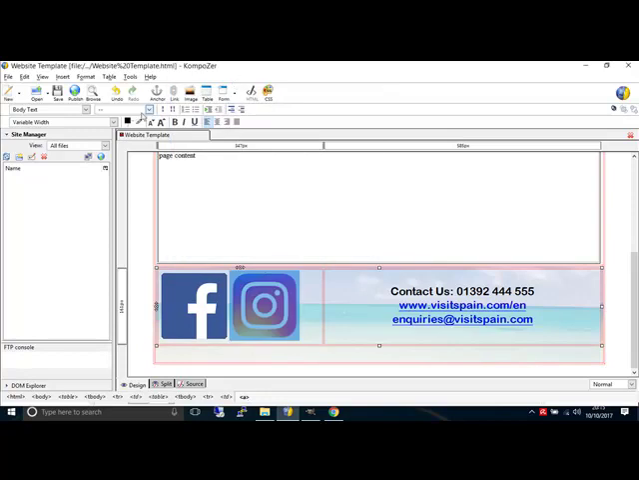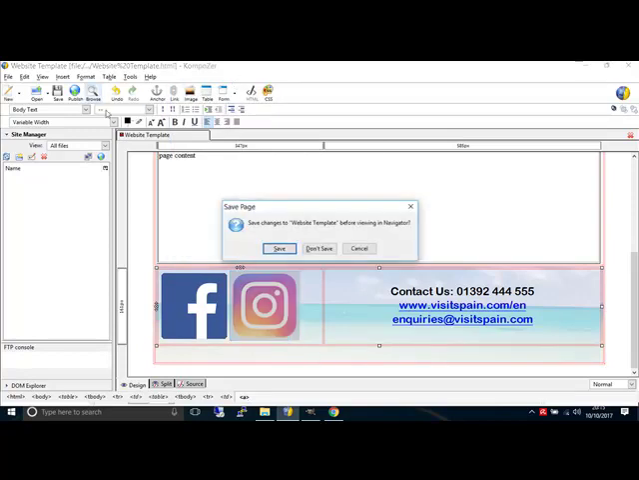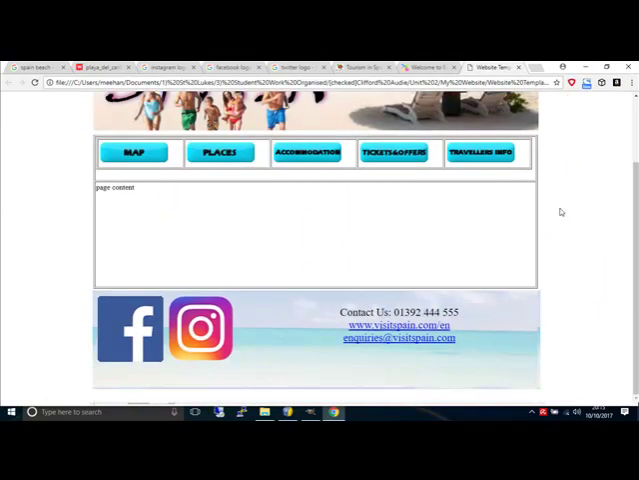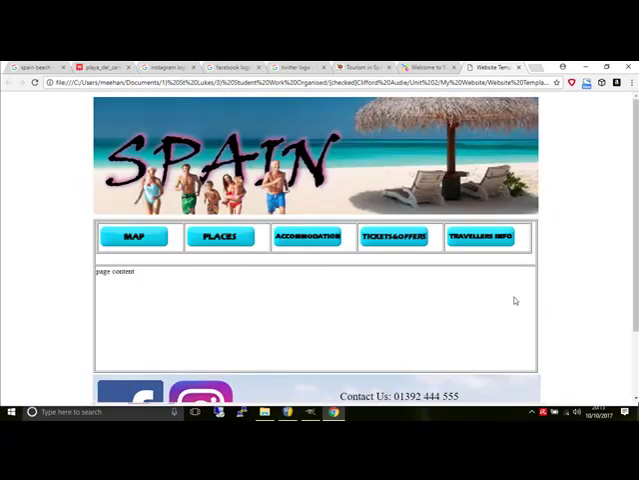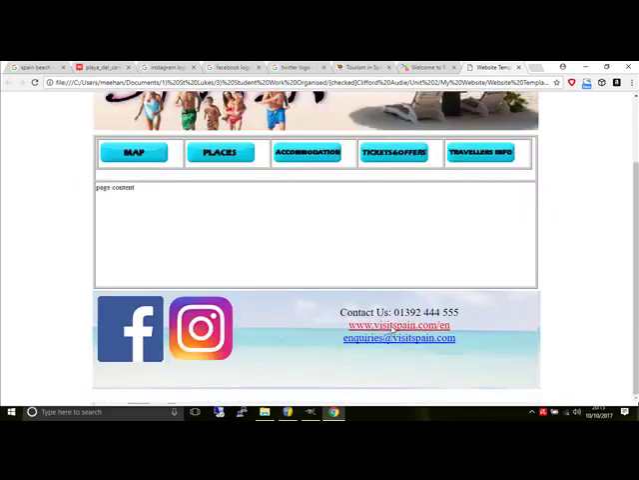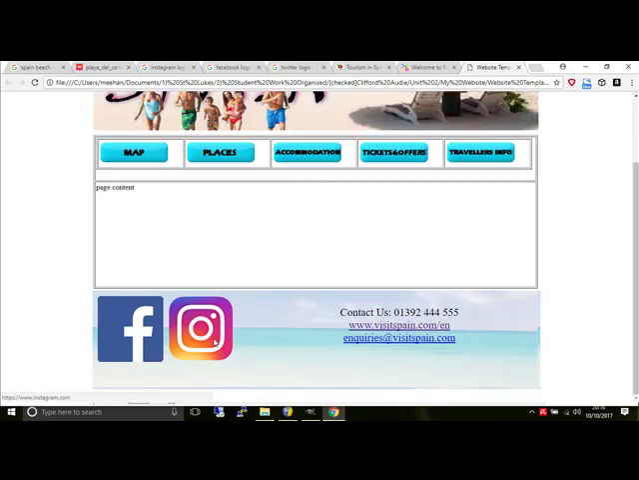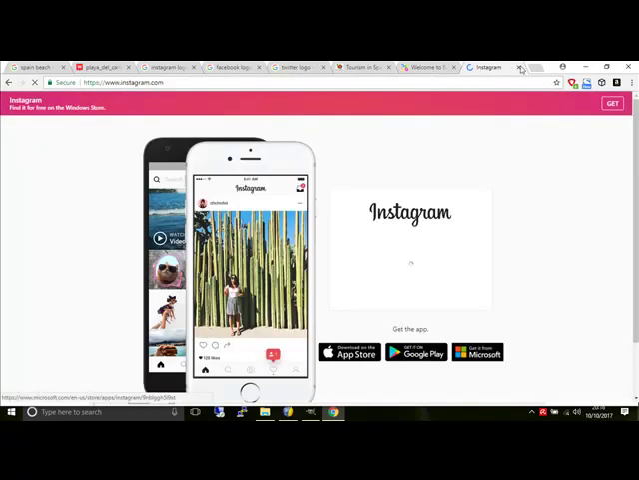And if I just, let's have a look, browse, save. So there's the links, and I've got to shrink the size of that a bit, but that's your footer section then. Is it a real website? Let's find out. No, it doesn't like the EN bit at the front, but Visit Spain does really exist. Click on Instagram, and that's loading up. Right,